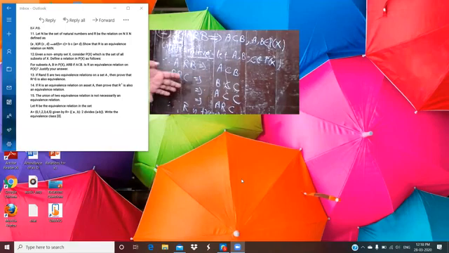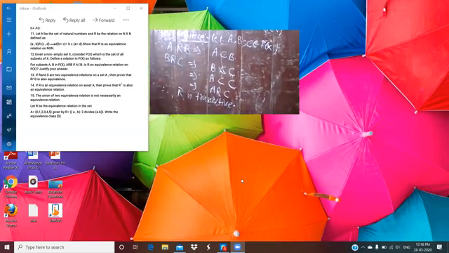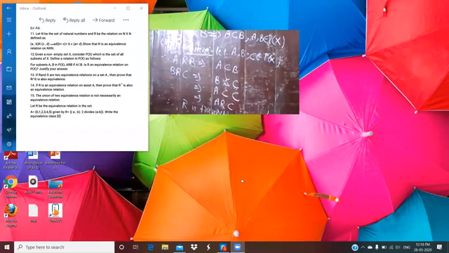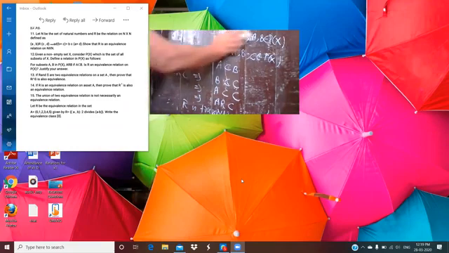So finally you write in this way: R is reflexive and transitive, but R is not symmetric, so it is not an equivalence relation. In this way you can write it. Okay. R is transitive, and finally you write one line in this way. R is reflexive and transitive, but not symmetric, so it is not an equivalence relation.